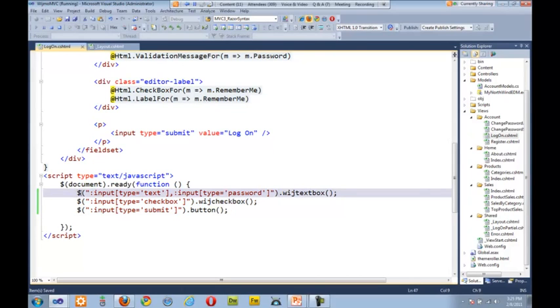So the first line is probably the most complex selector. To explain it, it is finding any input element, and remember a text box helper renders as an input. So we're finding any input where the type equals text. This is an attribute selector where I'm specifying the attribute and I'm expecting a value. So any inputs that have type text, which is exactly what a text box is going to render as,